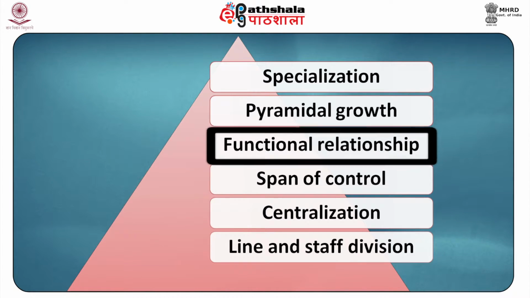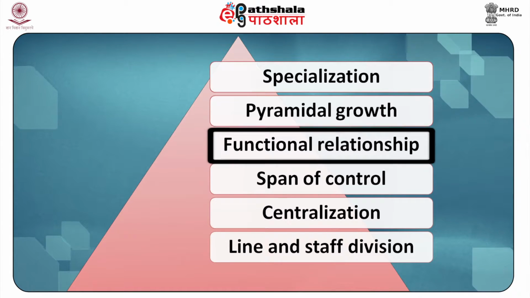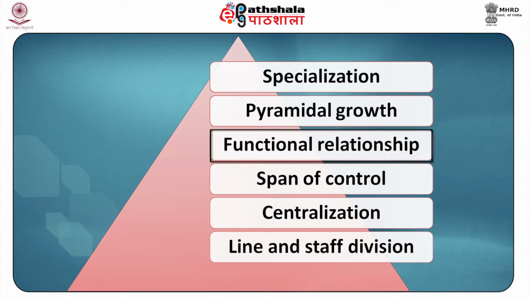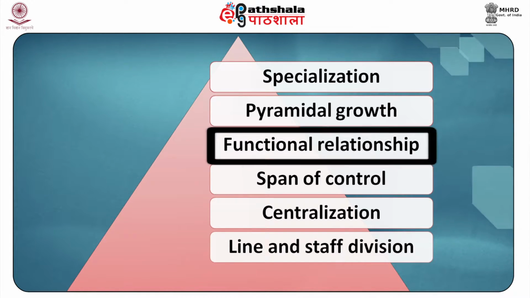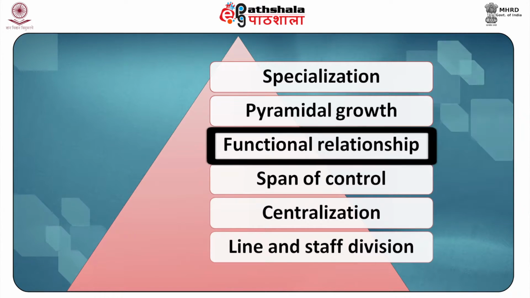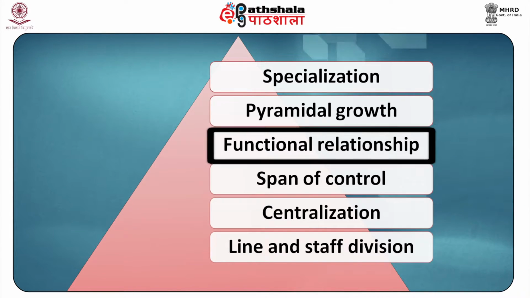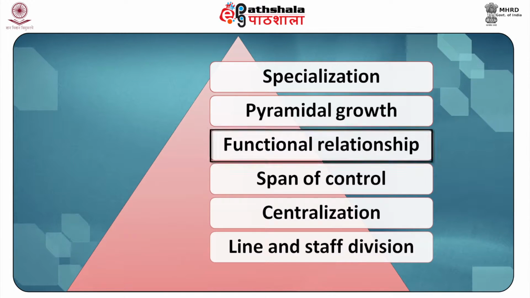The third authority is the functional authority. Apart from the line and staff authority, there is a third form of authority called the functional authority. In this, the manager or head of a particular department has an authority not only on his or her direct chain of command, but on other groups or units as well. For instance, the finance department can issue orders or instructions regarding financial matters to all the other departments like marketing,